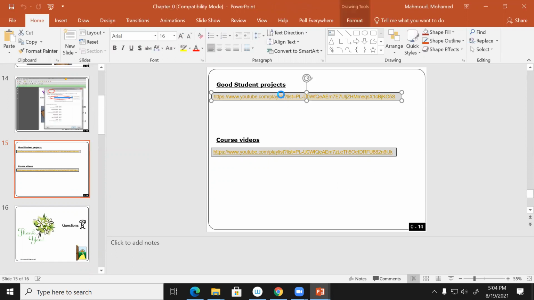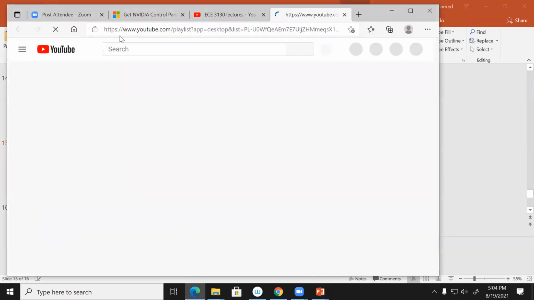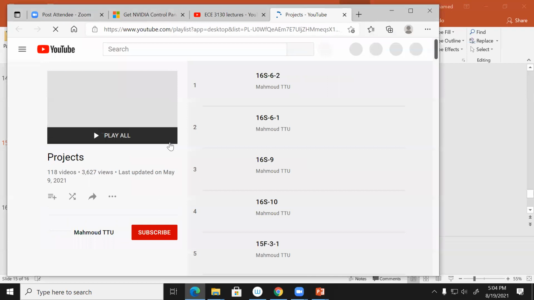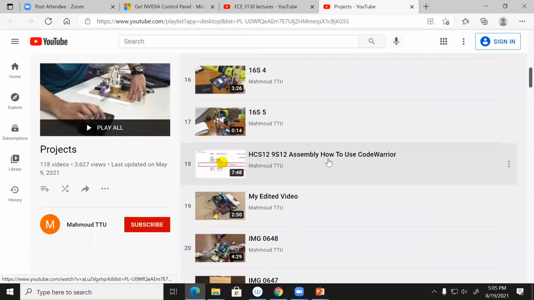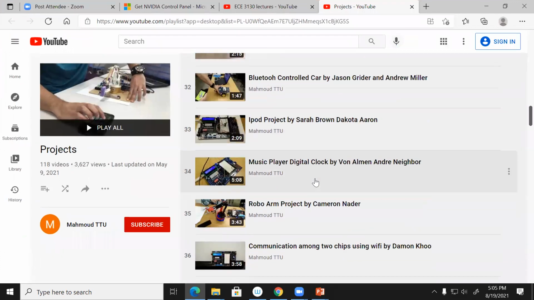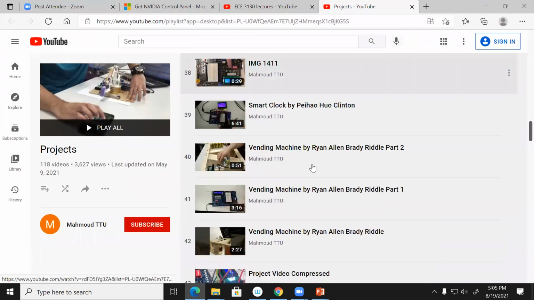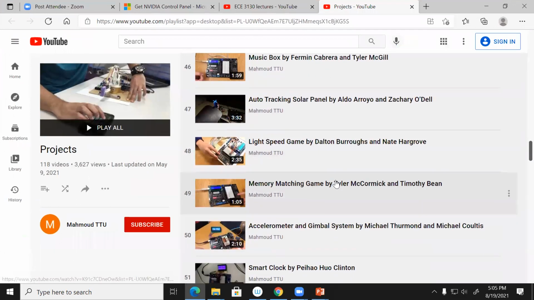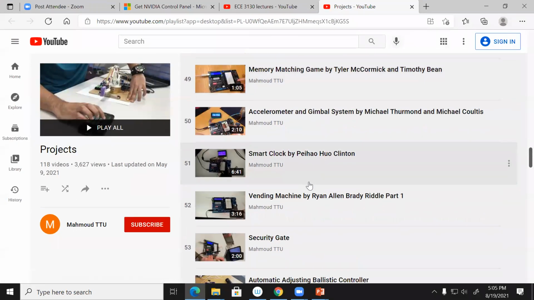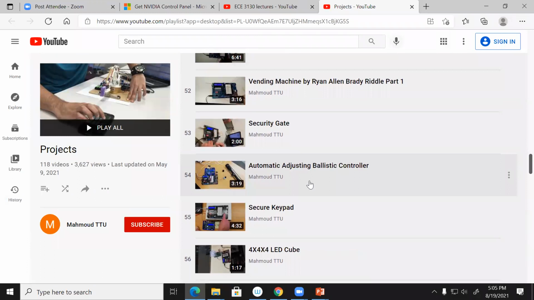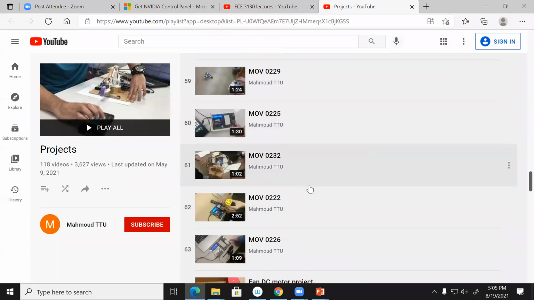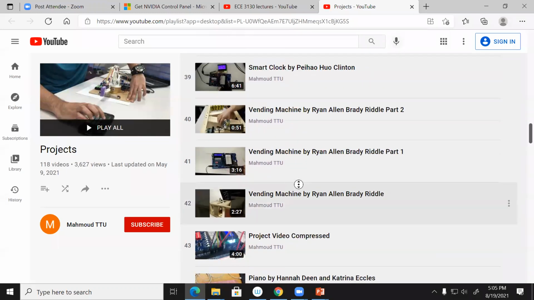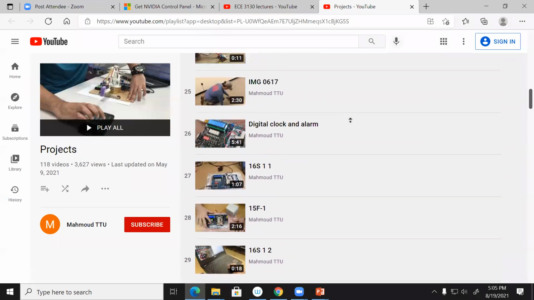So let's go quickly. I'm not going to spend much time on this one. But again, these are very good projects that some students did before. You can look at these projects. I really want you to do good projects, and I put them here because in the future I can use them, like what I'm doing right now, to encourage students to do good projects. So I can go quickly through some of them.